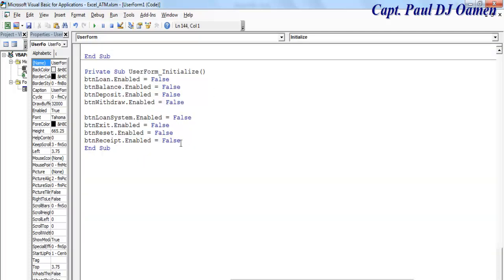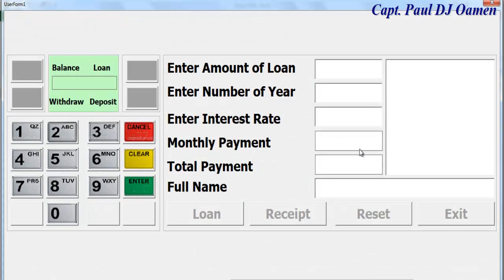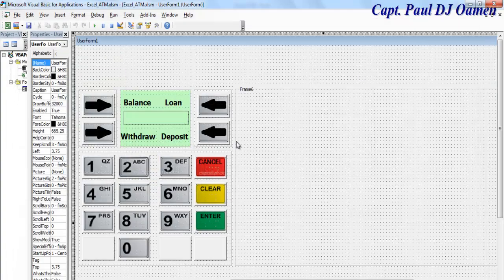So let's come to form initialize. Then we're going to make it invisible. Frame 6 dot visible equals false. There. So if I run the program, there we go. Frame 6 is invisible. Only this one is visible. But instead of this one not active and these ones are active, so we might as well just,